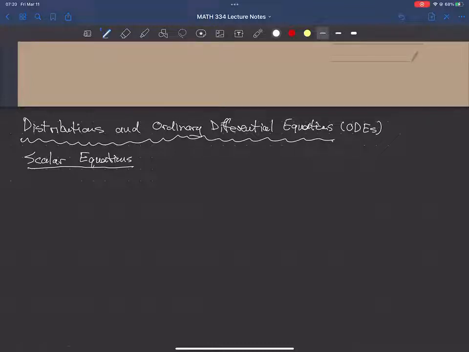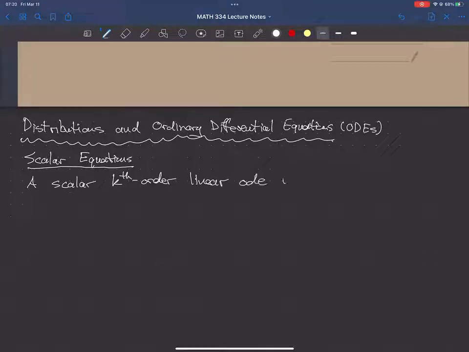And I have some peculiar notation for differential equations, so I'm going to subject you to that notation now. Okay, so a scalar kth order linear